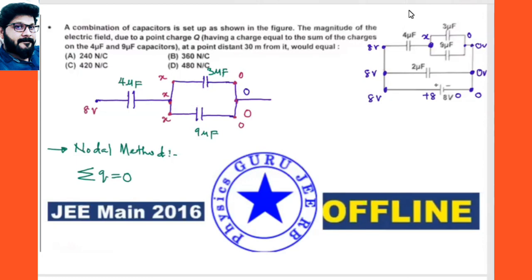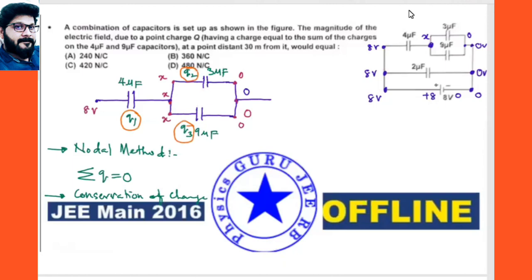We can also call this conservation of charge. Let me take the charge on this one as Q1, Q2, and here Q3. So Q1 is the charge on 4 microfarad, Q2 is the charge on 3 microfarad, Q3 is the charge